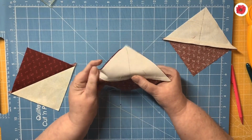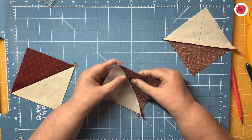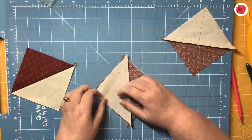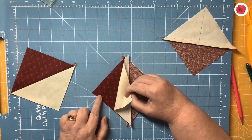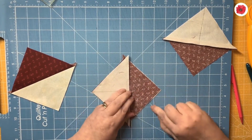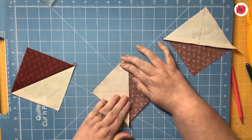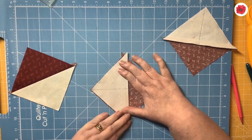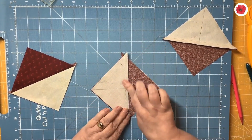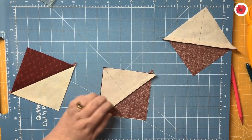press along the seam so that these seams butt up against each other, and so you've got the background fabric laid on top of the coloured fabric, and then the coloured fabric laid on top of the background fabric, and then this seam is really nicely snugly lined up against each other. Now I'm going to pin,